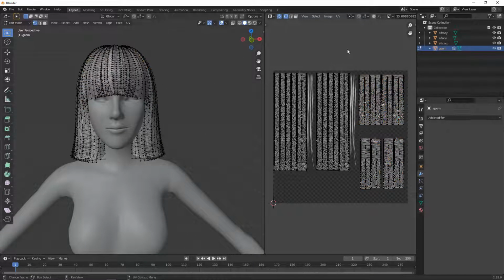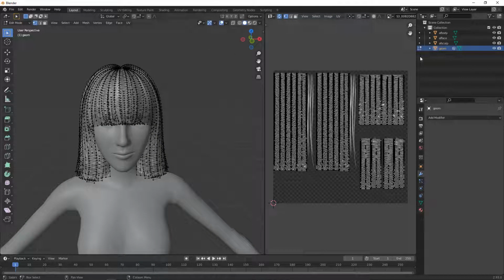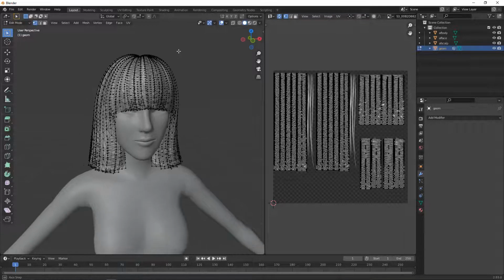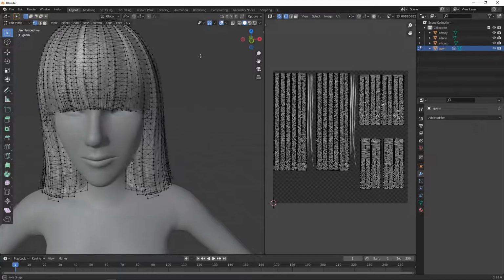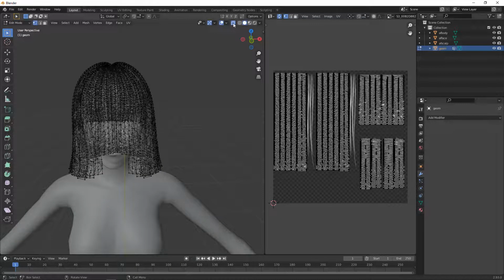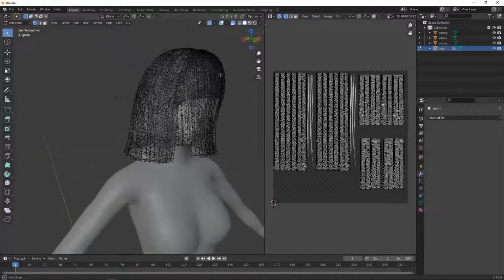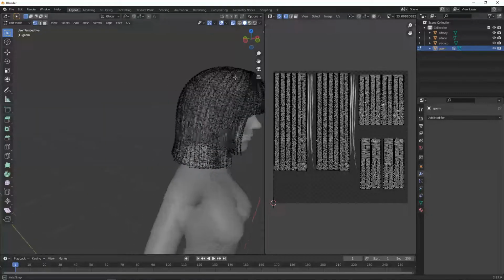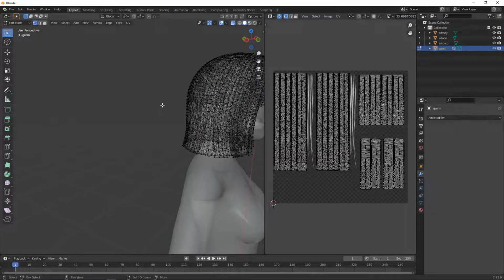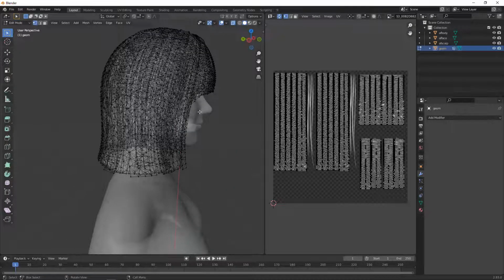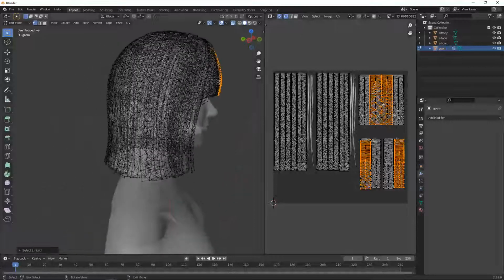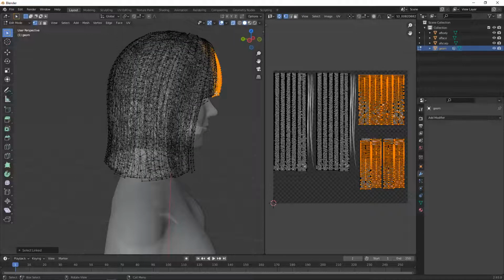Let's say, for the sake of this tutorial, that you actually don't have a very nice UV map, and you can see what you need to select to select only the fringe. What you can do in that case is, if you put this on, you can see it becomes very see-through and very hard to see also. So that's why I don't like it when hairs have bad UV maps. But you can then select everything like this. You press L, and then you select the back face, and